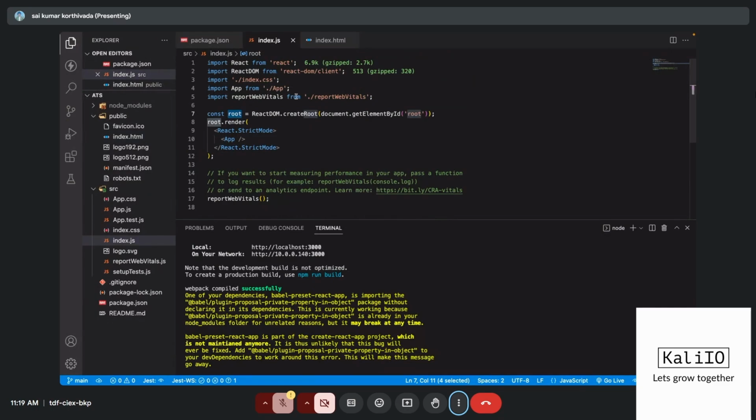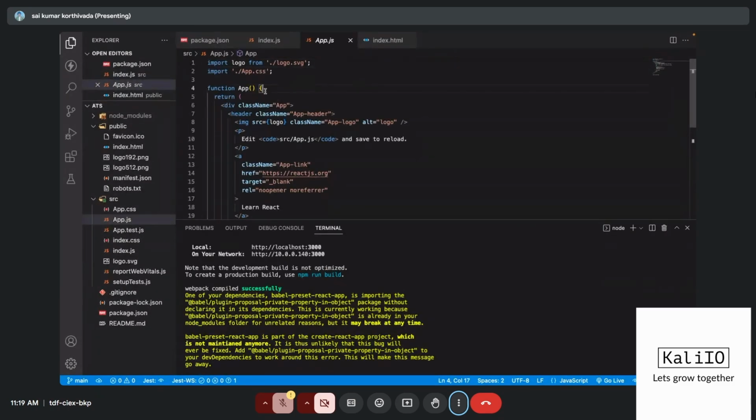Now, let me go into index.js. Now it fetched this root element and then your whole App component, whatever component you are using over here, is rendered in between these two. So that's how your app is getting loaded. Where is this app coming from? It is coming from your parent one. So you can see here there is something called App. And what is that App? It is app.js. If you go to app.js within the same folder, that's why they are using a single dot. If it is somewhere back, they will be using a double dot. Now it is in the same folder, so they are using a dot. And if I just jump onto this, you can see App